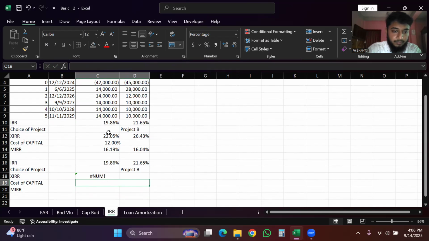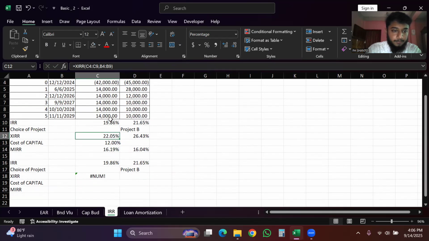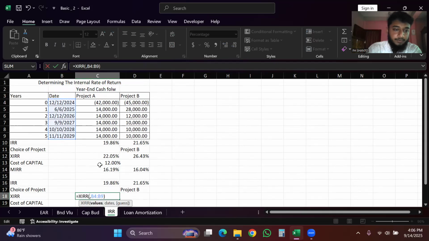Sorry, we made a mistake. Because of Excel, this time Excel doesn't recognize where the table ends because of these values. So we are extremely sorry. We have to select the values